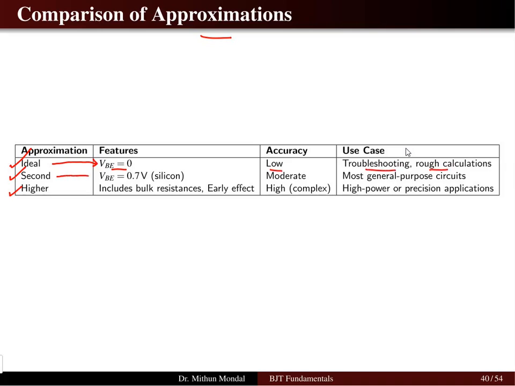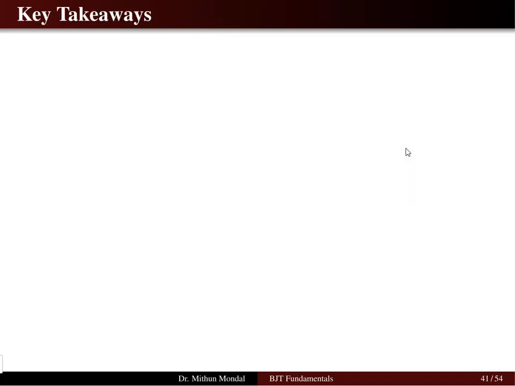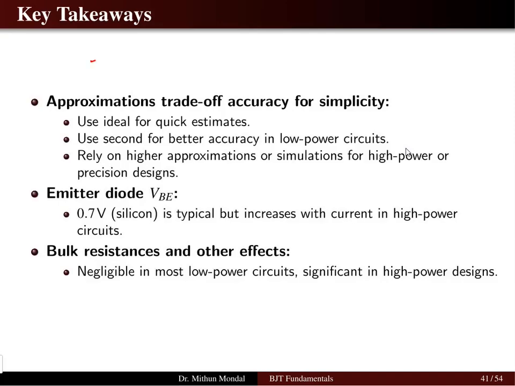When we go for the second order approximation, for the base emitter voltage we take the drop as 0.7 volt for the silicon transistor. Here the accuracy is moderate, but it is the most general purpose. In the higher order approximation, we include the bulk resistance, early effect, and other complex phenomena, generally for high power or precision applications. So the key takeaway from this discussion is the approximation trade-off: accuracy for simplicity. So use ideal for a quick estimate and then go for second for better accuracy, usually in low power circuits. Rely on the higher order approximation or simulations when you want to do the calculation for high power and